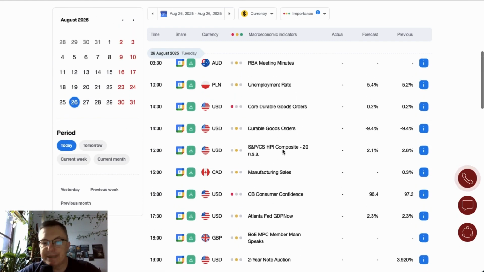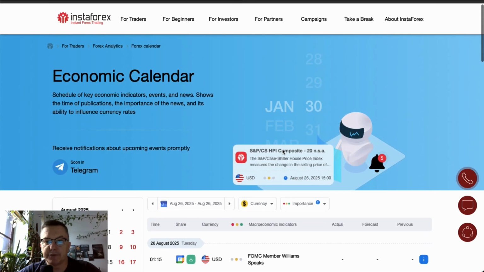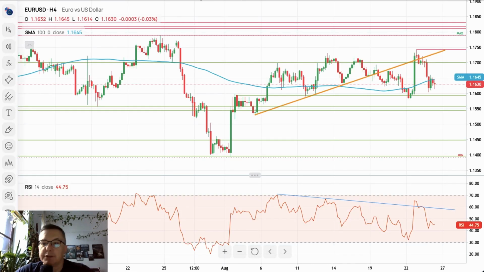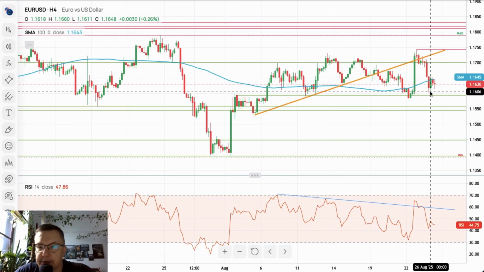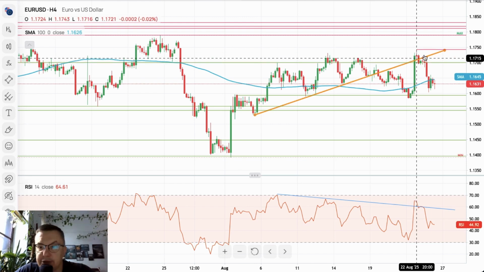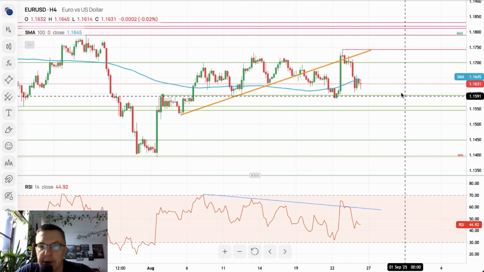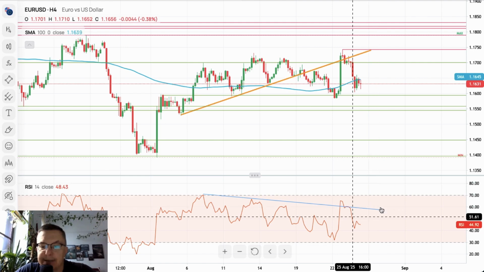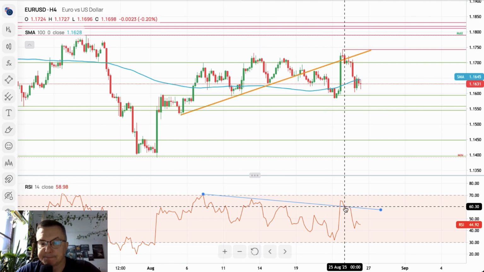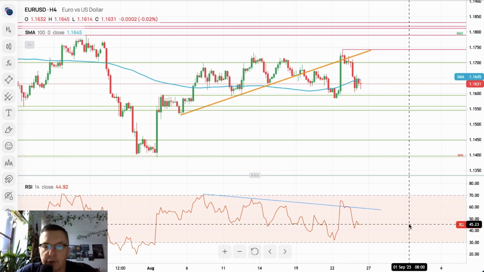So, a pretty busy US session and an almost non-event London session, which is why without any further ado we switch to the charts. We start with euro dollar. The euro dollar deteriorates almost 90% of the recent spike to the upside after the breakout above 1.1743 has been rejected. We are now trading just below the 100 periods moving average on a 4-hour time frame chart, around 1.1645, as the market is back below the trend line, and the RSI, after the jump towards the level of 65 points, is back below 50 right now, 44 points only.